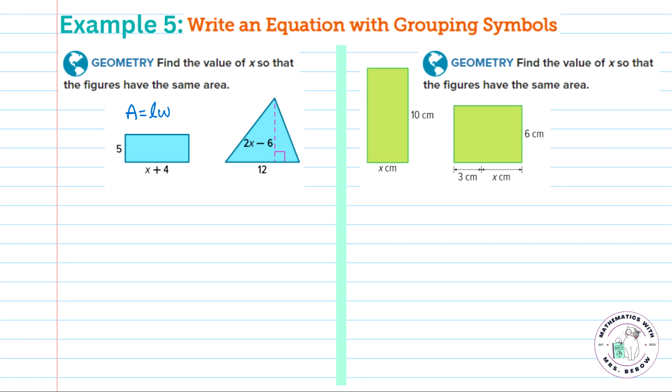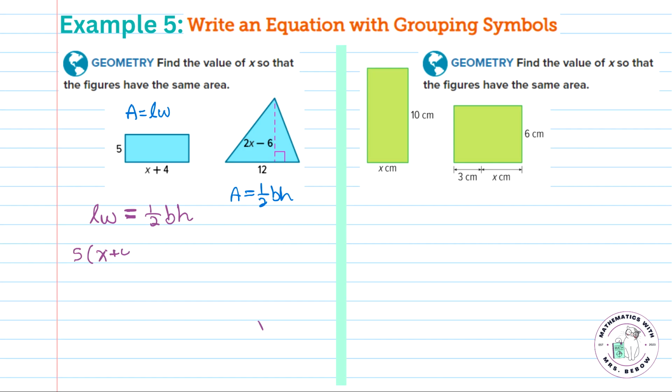The area for a triangle is going to be a half times base times height. All right, so now that we've reminded ourselves of what these formulas are, we can go ahead and start solving this problem. So if they have the same area, again, these are going to equal each other. So the length times the width of the rectangle is going to equal the half times base times height of this triangle. So for the length and width of our rectangle, we have a 5, and then the width of x